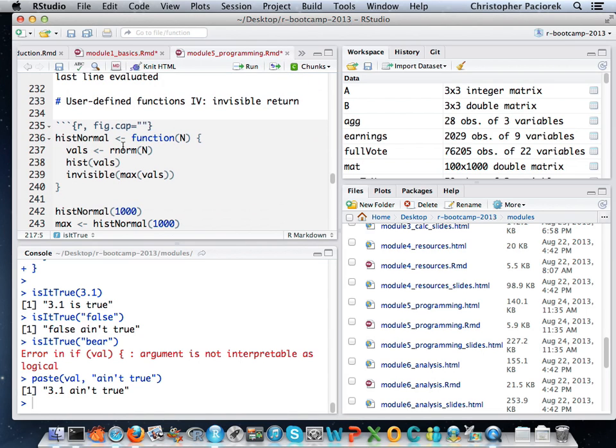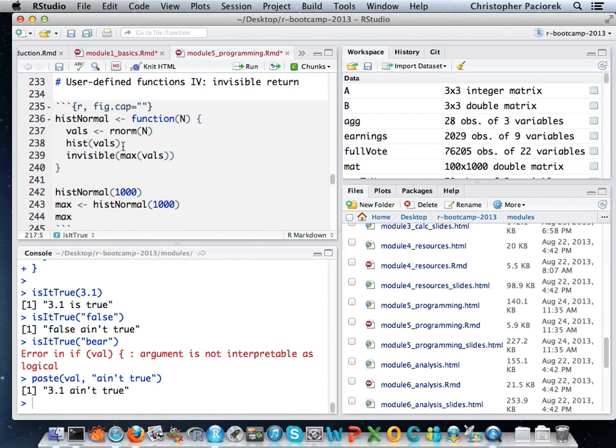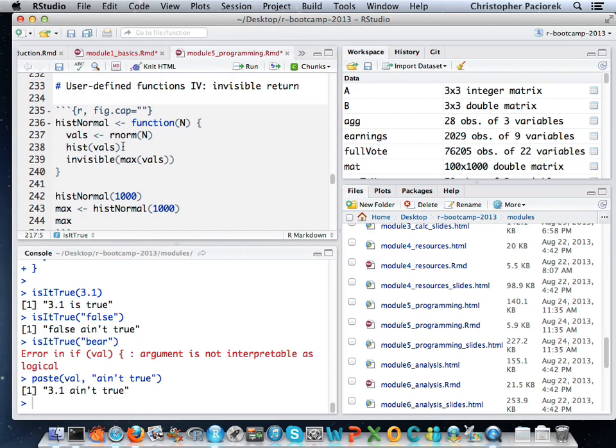Okay, it actually turns out that there is one more way to return the result of your function, and this is what's called invisible. And the context in which this is used is like, say, as in this example, you want to do something that's graphical. So you want to put a plot on the screen. So I'm defining this function that's called histNormal. It's going to take a number in.